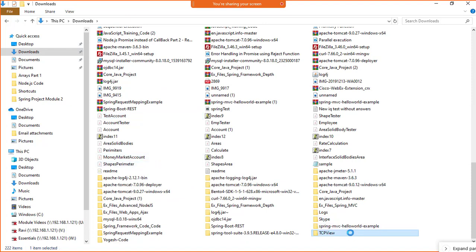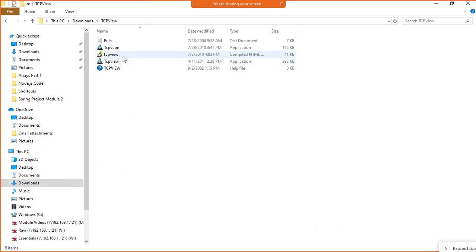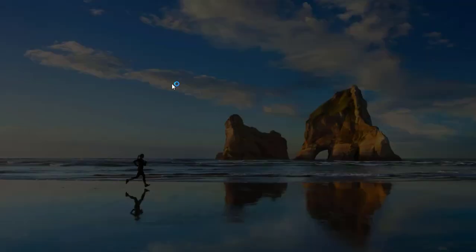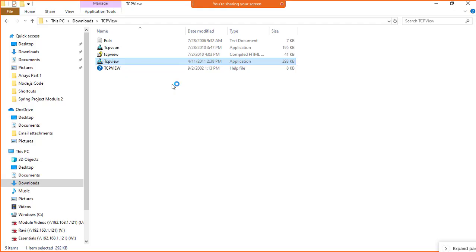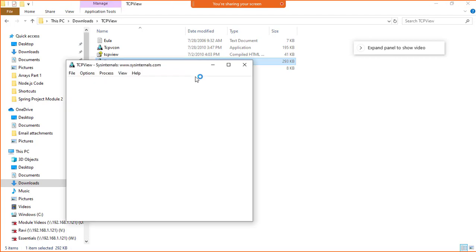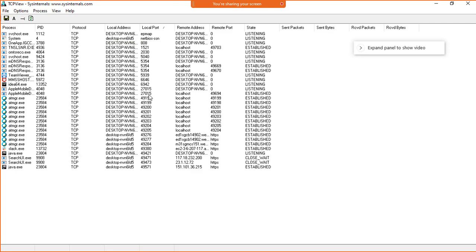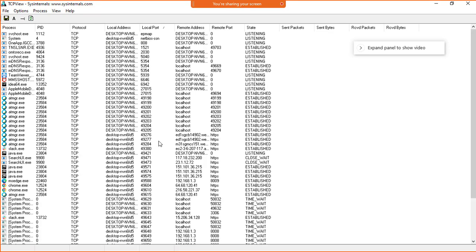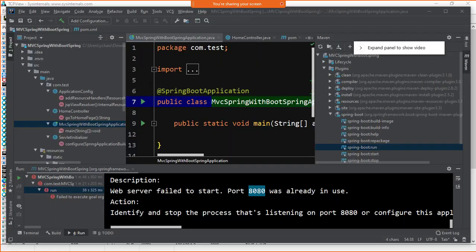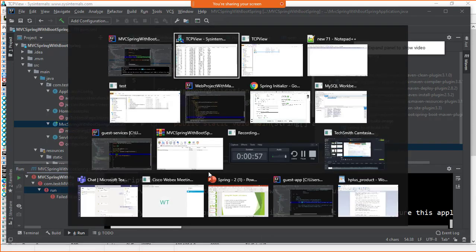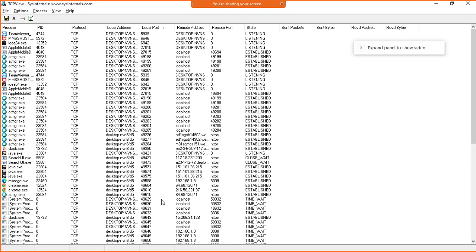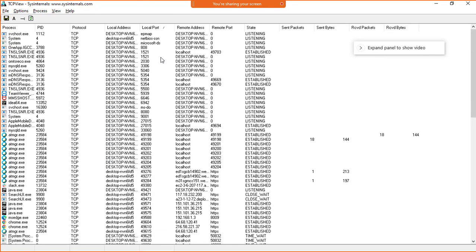Here is TCPView. I can open it. Here is the application. I will close 8080 port and then the application will run, right? This problem comes when the port is already occupied, right? I will go to my application, right? 8080 port number. I can put this in incremental order.